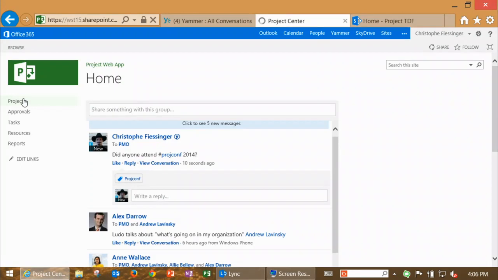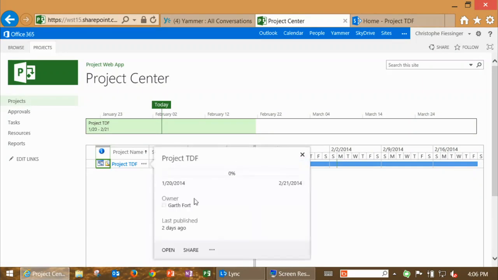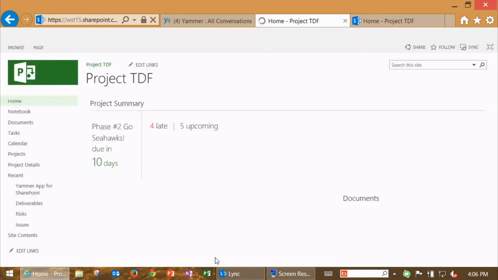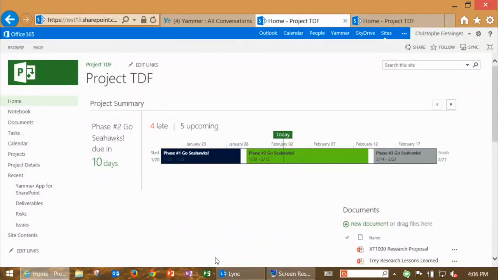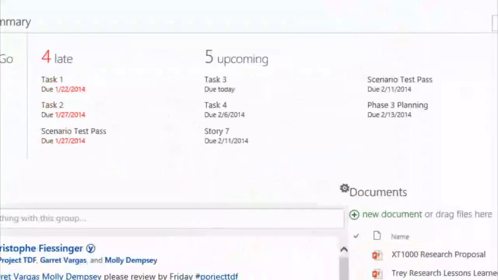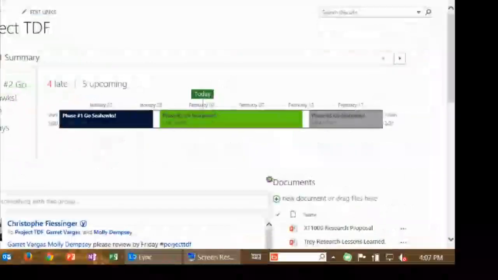Where this gets interesting is, obviously, you're collaborating, hopefully, on a project or portfolio or work package, whatever the granularity. So here we've created a single project. I'm just going to navigate to the team site. And voila, so you've got a team site. I've got to bring your attention to this beautiful timeline view that I did.